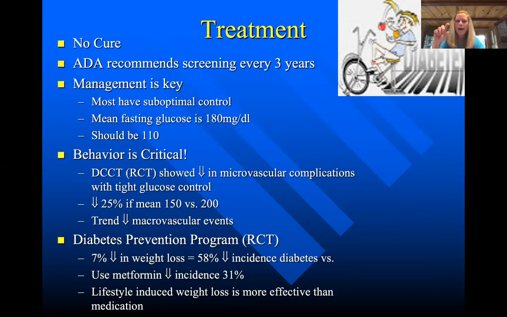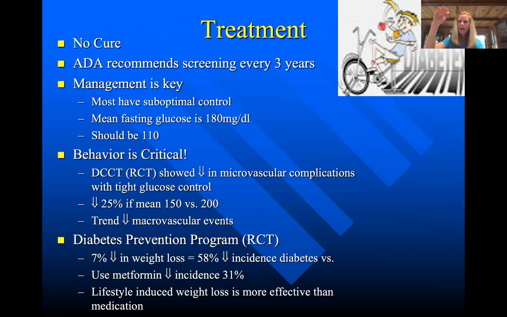And their average fasting glucose is hovering around a mean of 180 when it should be hovering around a mean of 110. So I want you to absorb this. I want you to realize that most people out there with diagnosable diabetes are not controlling their blood glucose levels very well. So when I talk about tight control,